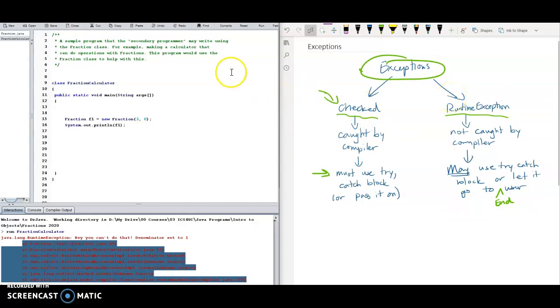So anywhere in the handout of the final project where I say throw an exception, you're allowed to use a runtime exception. But I just wanted you to be aware of both types of exceptions and when to use what